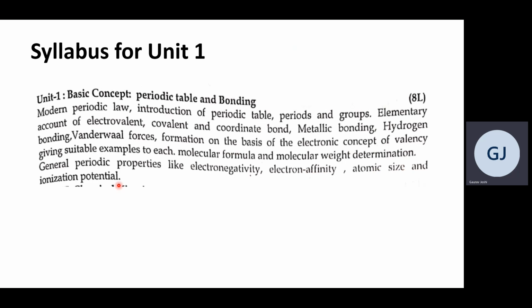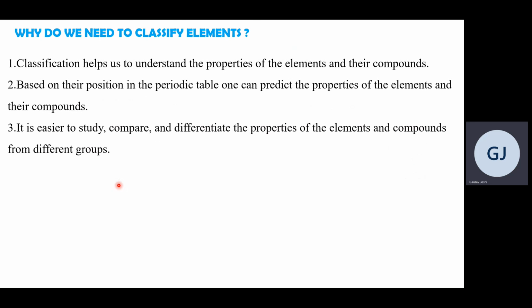the ionization potential. Firstly, before going further, the major question is why we need to classify the elements. Why do we actually need the periodic table? Why can we not study each and every element? This can be the question that many of you can ask. So what is the thing? If you just look at the modern periodic table to date, there are a total of 118 elements known, right?